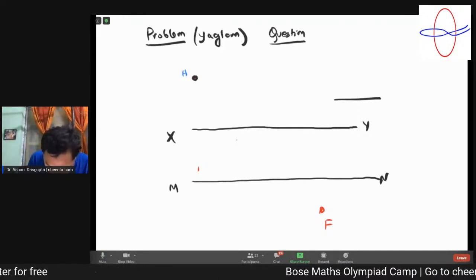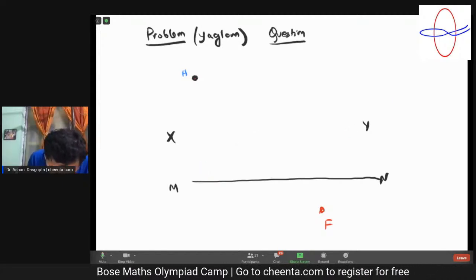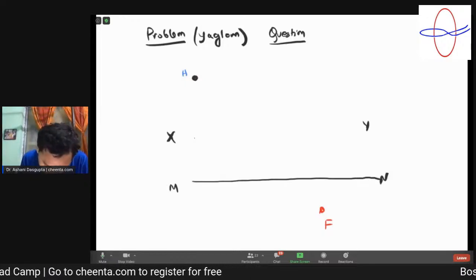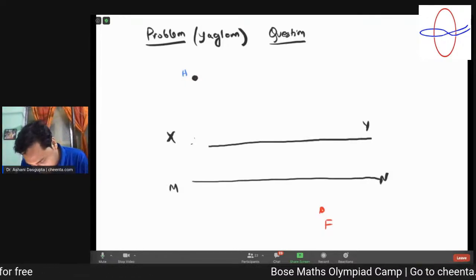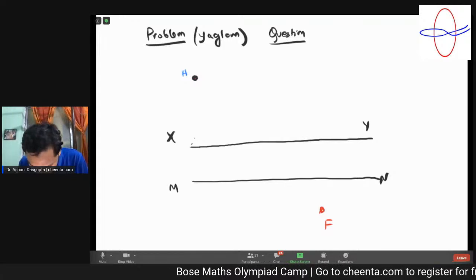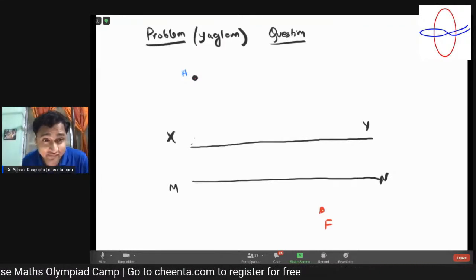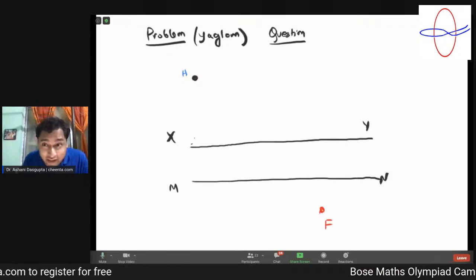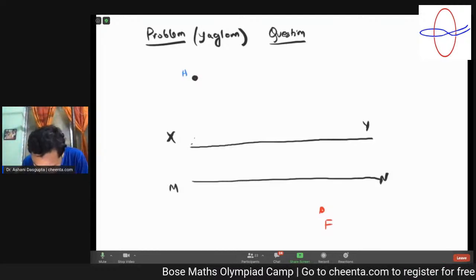Yes, I am Shaurodeep. Okay, Shaurodeep. Is this the same Shaurodeep whom I know? Yes, yes. Okay, go ahead, Shaurodeep. Sir, if we translate the line MN to XY, then only one line will be left as a river, and the point F will move up to some distance, say B, and that distance is equal to the distance of the bridge. Okay, excellent.